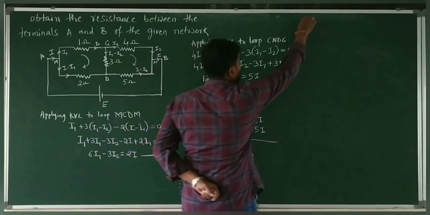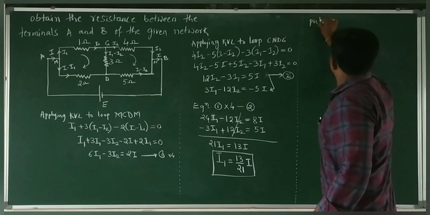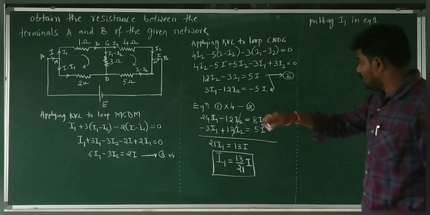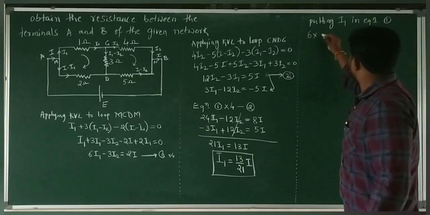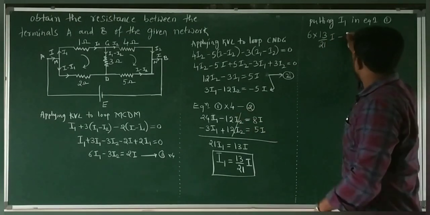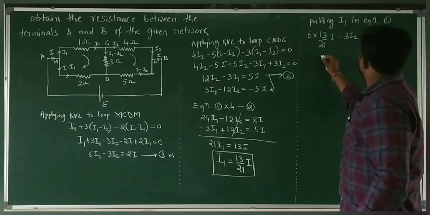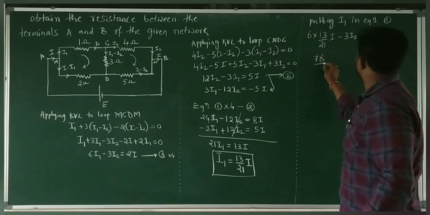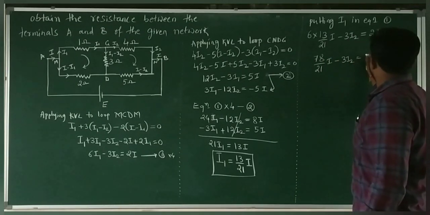So now we know the I1 value, and we shall go for I2. Putting I1 in equation 1 is easy, therefore we shall take it. So 6 into the I1 value, how much is it? It is 13 divided by 21 I. And minus 3 I2 is equal to 2 I. So 6 13s are 78, so it is 78 divided by 21 I minus 3 I2 is equal to 2 I,